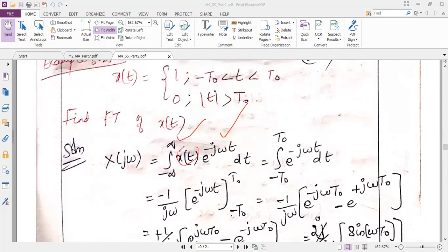So x of t, we will be substituting it as 1, but in place of minus infinity to plus infinity, I have to see what is given in the question. It is minus t0 to plus t0. So integral minus t0 to plus t0, then in place of x of t is 1 multiplied with e power minus j omega t into dt. As usual, integration is very easy. Perform the integration, substitute the limits and get me the answer. At least I want you to do up to the line which I am showing on the screen. Up to this, I want you to try it.